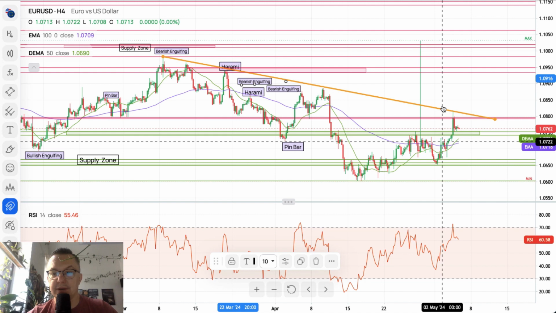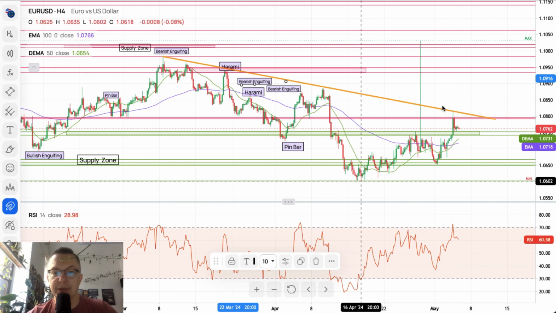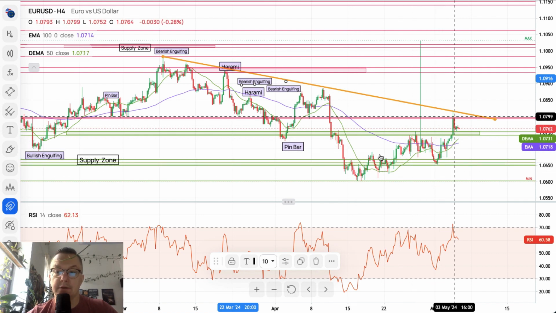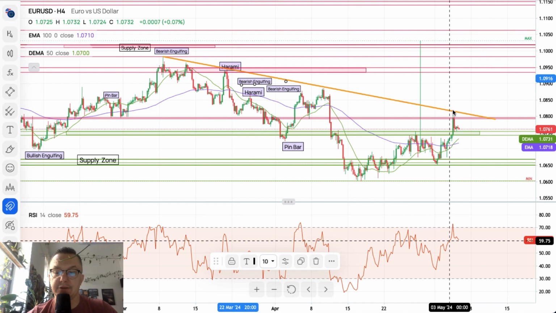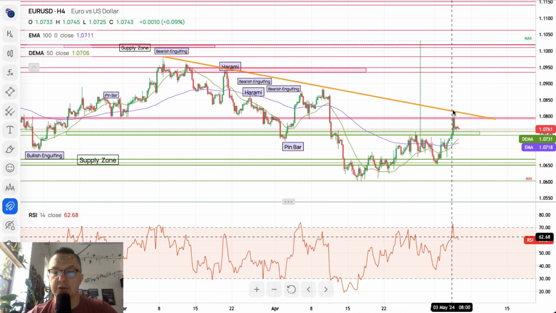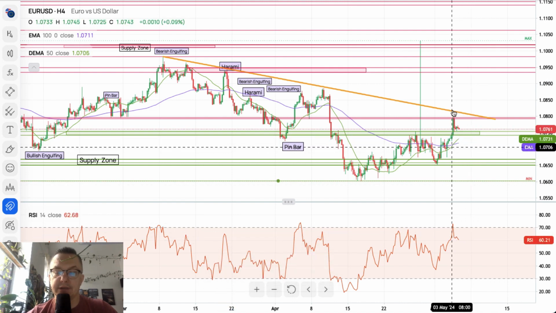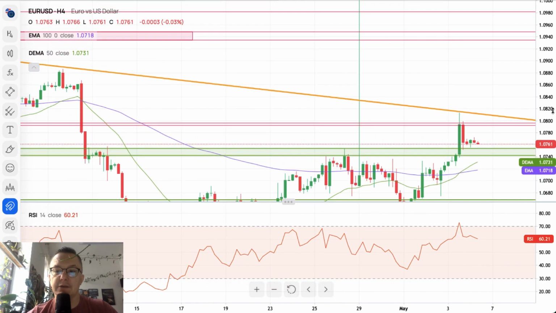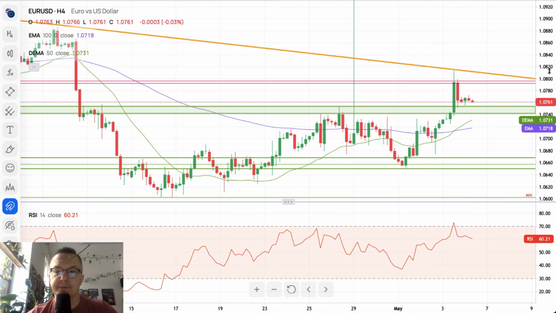This one was hit as well, and now we went down to make a swing low, and since then we're going up and up and up, rejection, and now hit the trend line into the extremely overbought conditions on a 4-hour chart, which is why right now it's a good time for the market to cool off and move a little bit lower. So let me just zoom in. After we update the chart, I think that everything is